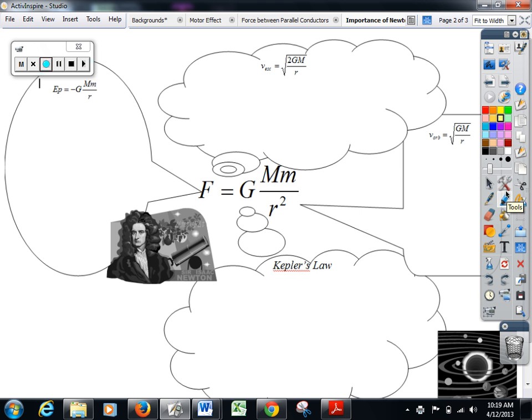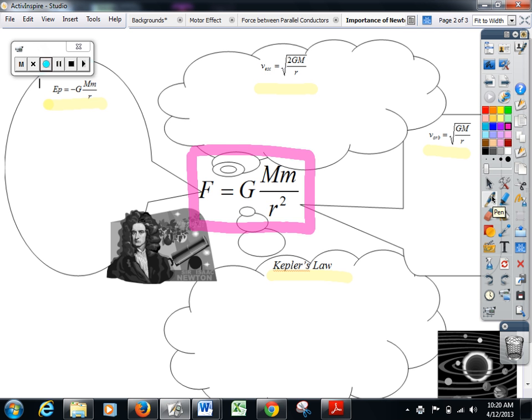All the way from over here, the energy, the gravitational potential energy. The second one over here is the escape velocity, orbital velocity, and Kepler's Law. All have been derived from a central understanding of Newton's law of gravitation. So how did we derive these, and how was using this law at the centre here important in getting all the other understandings that we have come along the way for